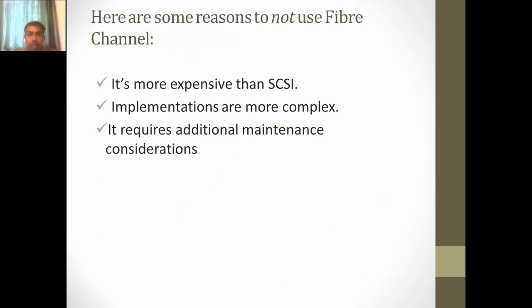That is the concept. So there are some reasons why not to use fiber channel. The main thing is that it's more expensive, and the implementations are more complex because it uses twisted pair. It requires additional maintenance considerations. So these are the main aspects of